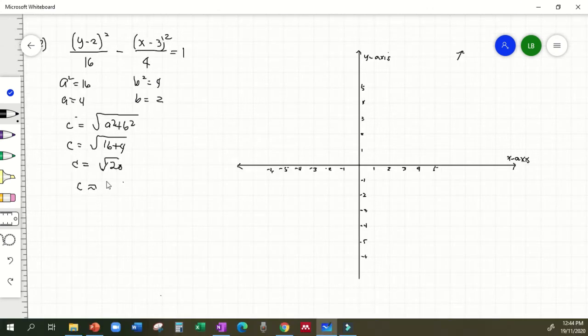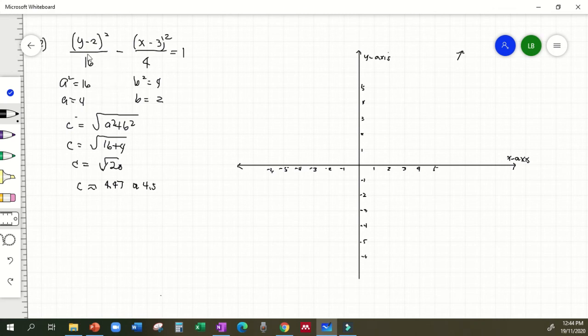So, c is approximately 4.47 or 4.5 to the nearest tenths. So, we have now a, b, and c. So, we can now draw the hyperbola and the